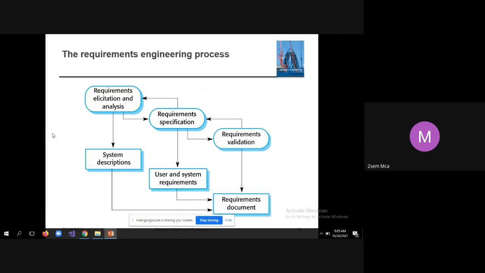Okay, this diagram is very important, students. Keep in your mind, if you want to clear software engineering process, then you need to learn so many diagrams. So that is the strength. If you can write so many diagrams, you will clear the subject. If you cannot write, you will not clear the subject. That is very much clear.